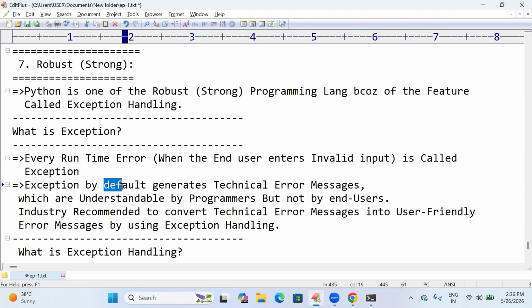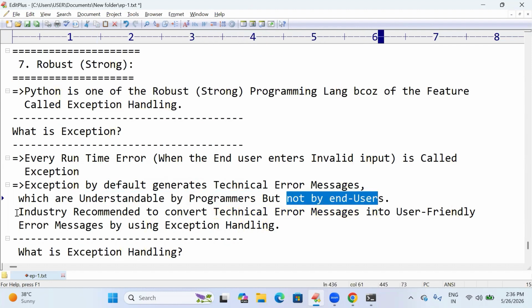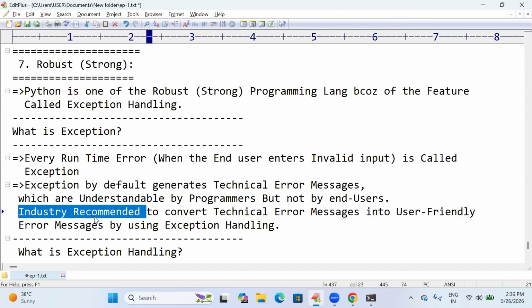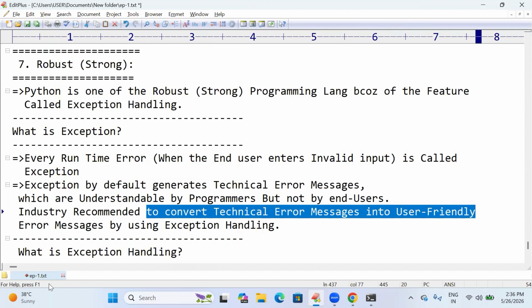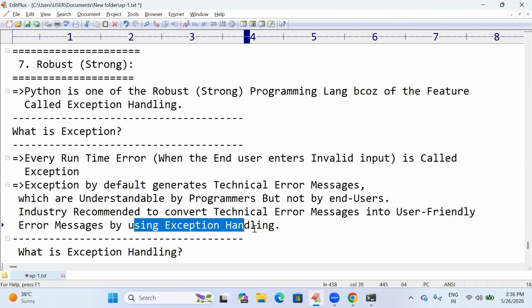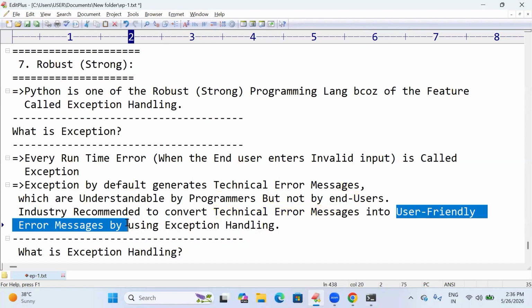An exception by default generates a technical error message, which is understandable by the programmers only, but not the end users. In industry it is recommended to convert the technical error message into a user-friendly error message by using exception handling. By use of exception handling, we can convert the technical error message into a user-friendly error message.